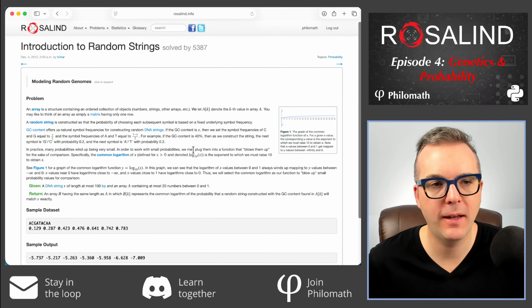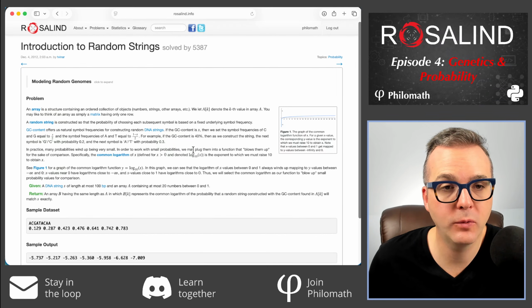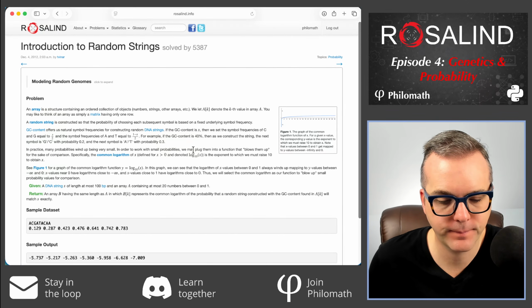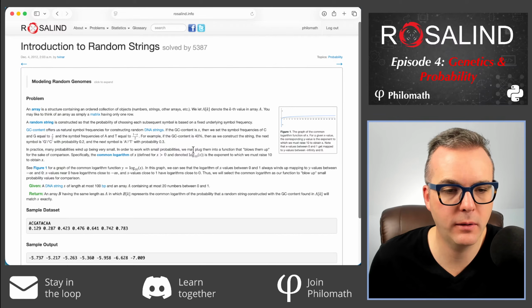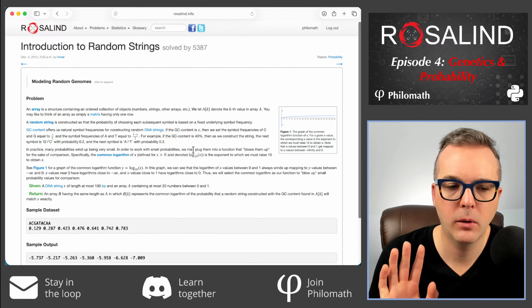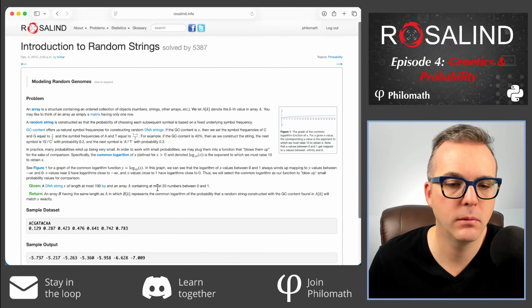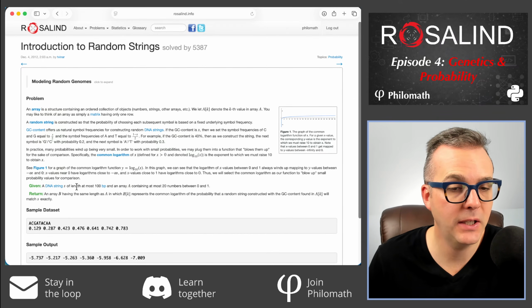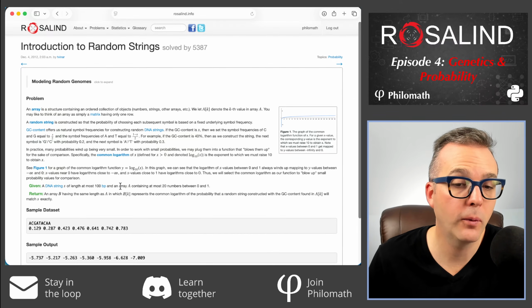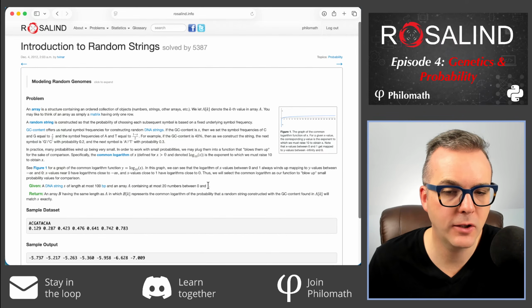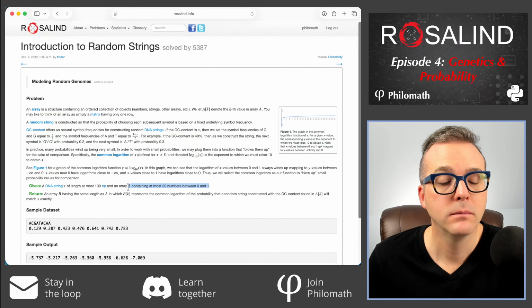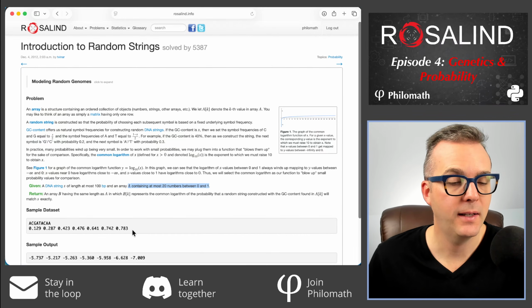We're going to look at an introduction to random strings, which is the problem with ID PROB. And this is an easy question. I'll actually go ahead straight to the input and output. We're given an existing DNA string, and we're given an array that contains a collection of numbers. Those numbers are going to represent